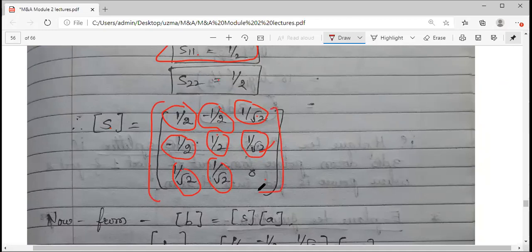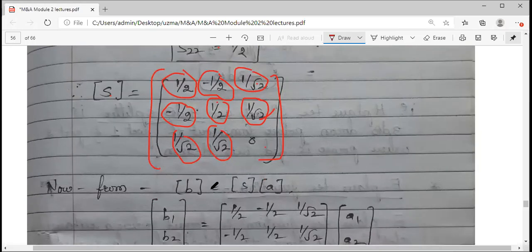Hope you understood this. How have we got it? It's a simplification. Assuming some characteristics, we have listed the characteristics. From those basic characteristics, we have started solving this. Basically, the important property which we used here is the unitary property: S into S star is equal to identity matrix. From that we got 4 equations. Then solving these, substituting one in the other, if you simplify, you will get this S matrix.